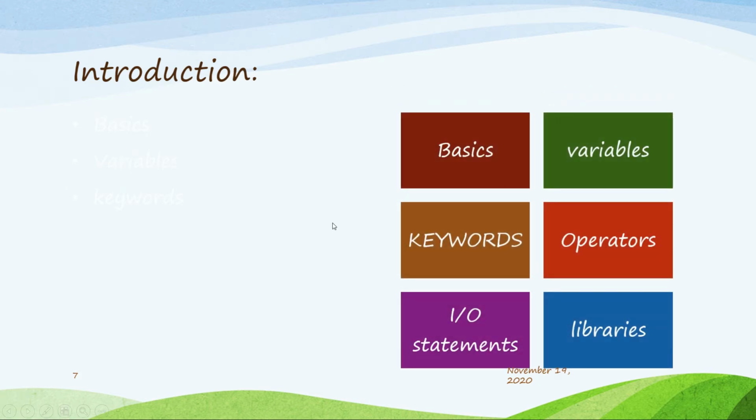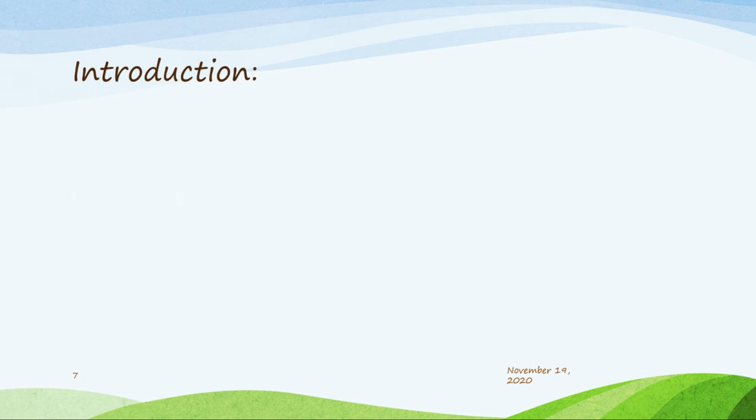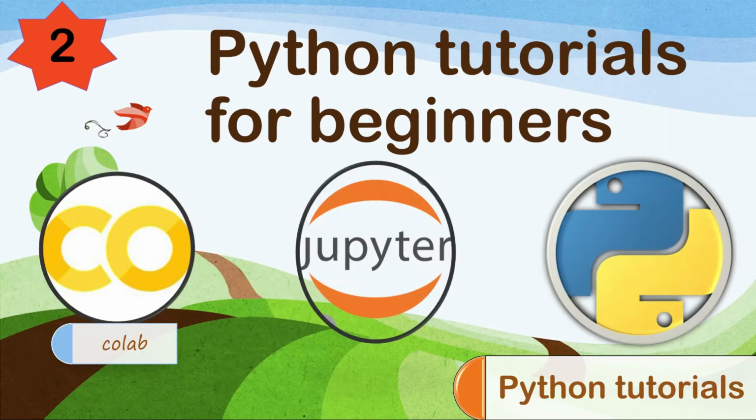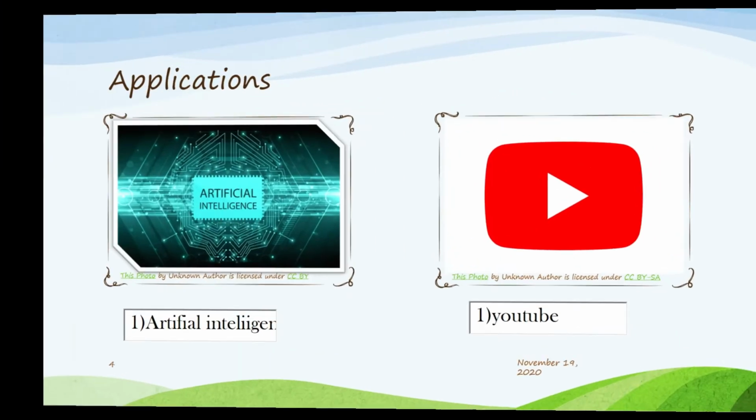So what does a variable indicate? What are the various ways to define variables, and what are the major things to keep in mind when you are defining variables? If you are defining an integer type, what is the type of that variable, and how are you going to find all these things? In this session we are going to discuss them. So why are you waiting? Let's start our session on variables.